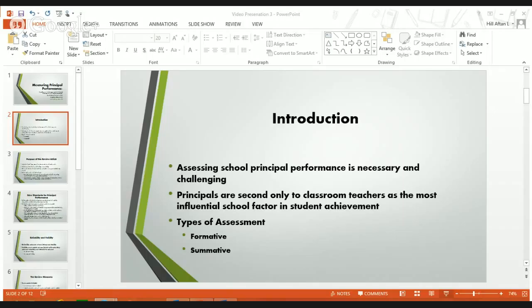Moving on to the next one is the Principal Instructional Management Rating Scale. They developed the Principal Instructional Management Rating Scale to determine the degree to which principals serve as instructional managers. PIMRS focuses on several constructs, including the dedicated use of time for improving instruction, coordinating curriculum, and evaluating instruction.